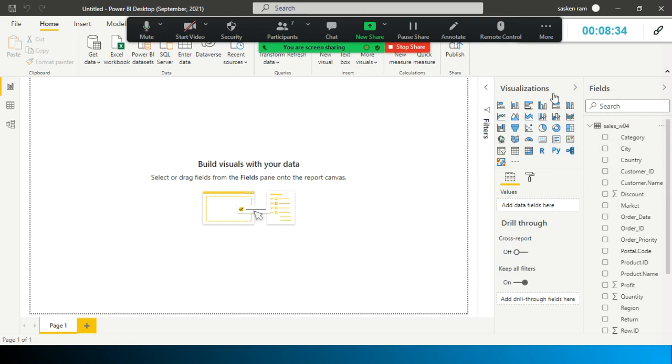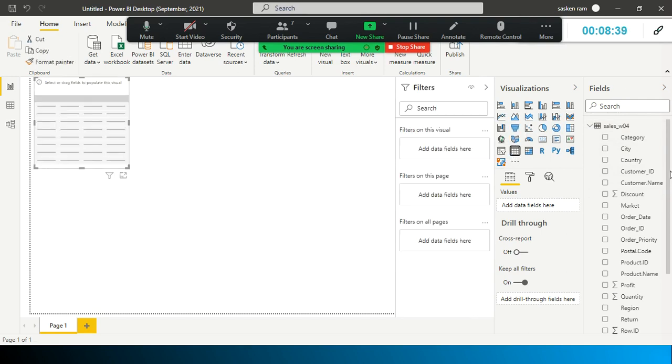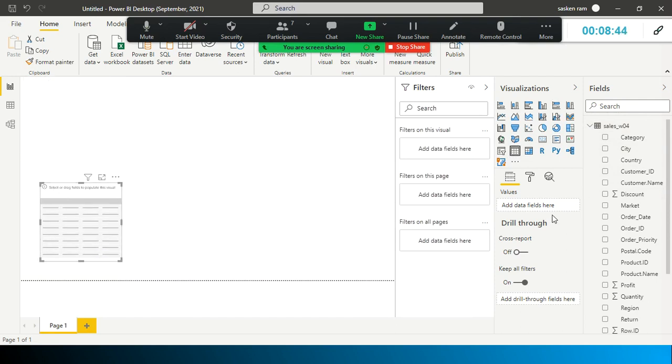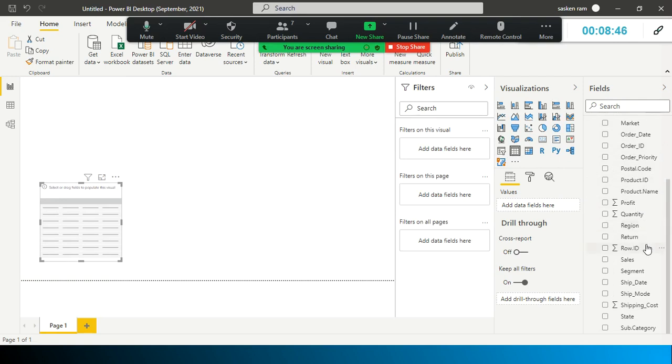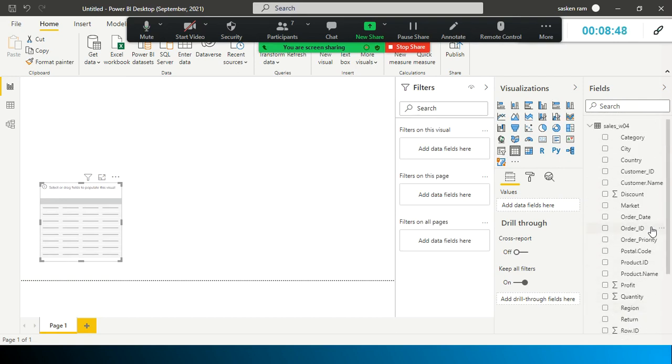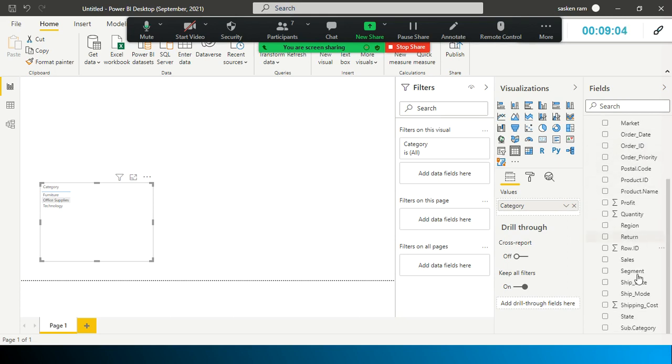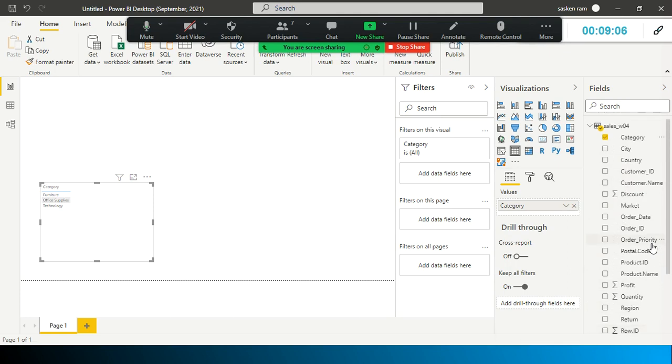So let's expand this, and it got loaded at last, and I'm going to select a table here. I'll just keep this one here, and we have a category here. So I'm going to drag and drop the quantity.